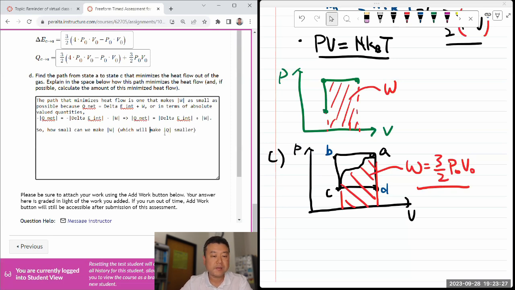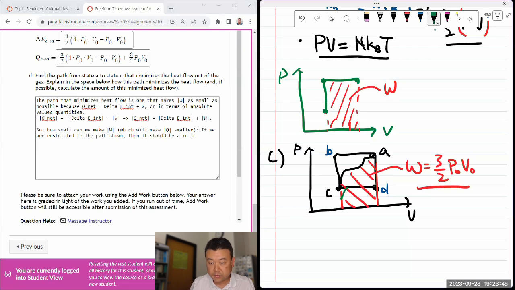How small can we make the absolute value of the work, which will make the absolute value of heat transfer smaller? If we are restricted to the path shown, then it should be A to D to C, because this will minimize the area under the curve, which is the minimum you could have with the path as shown,